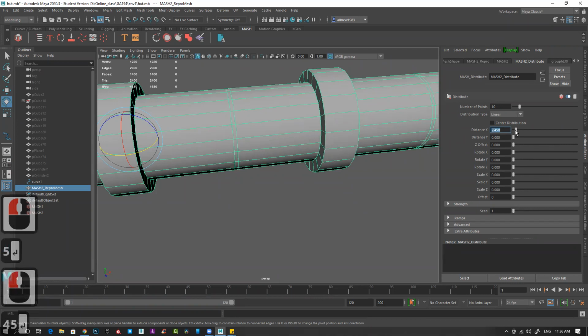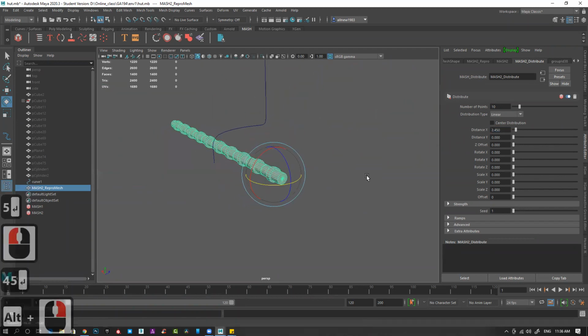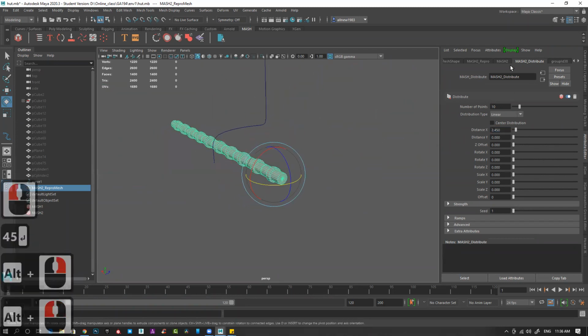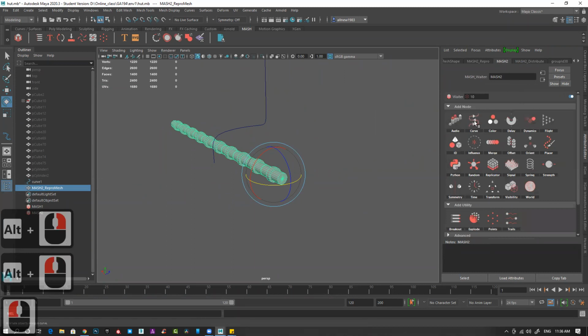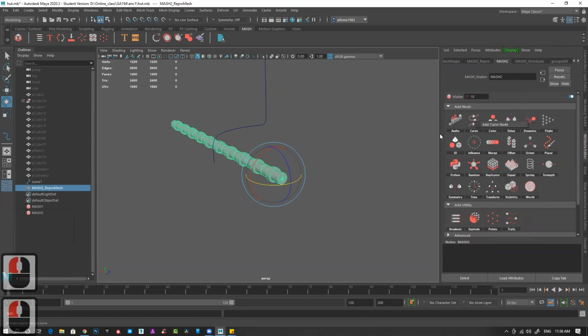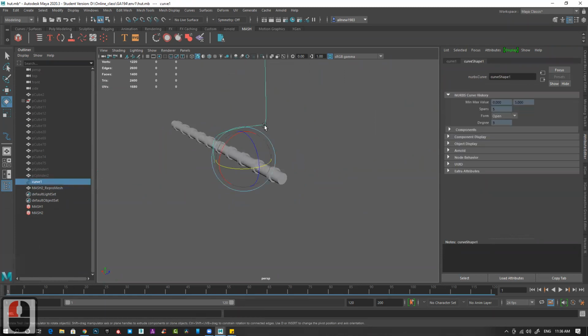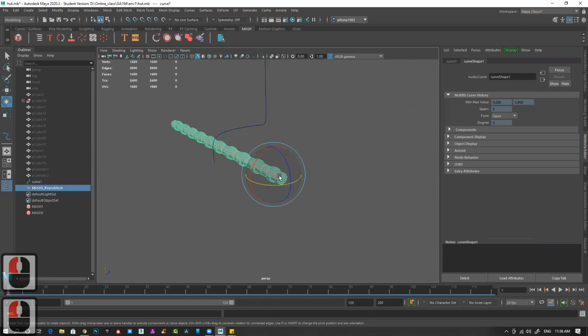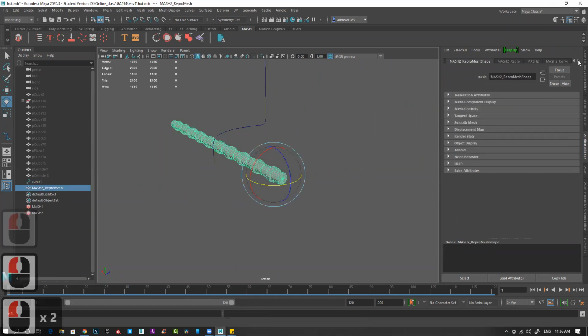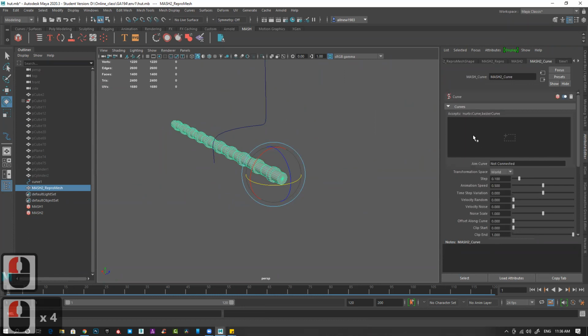Okay, we'll see that later. So I can do this, then go to Mash, and there's the option for curve. Add curve node and select your curve. Not connected.